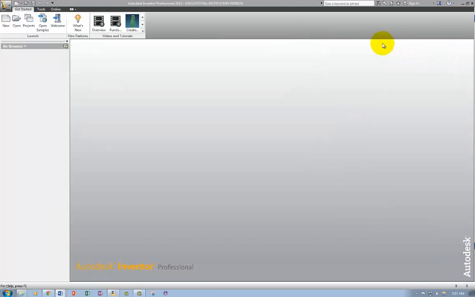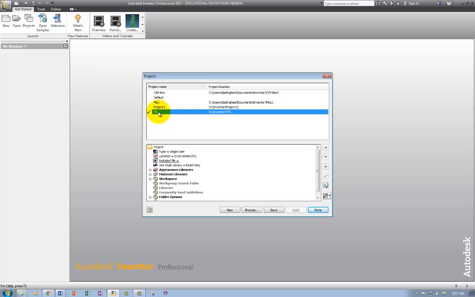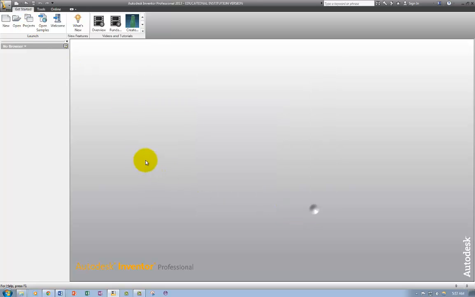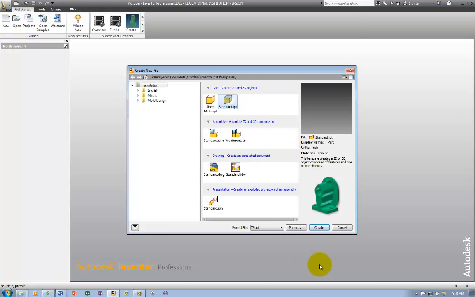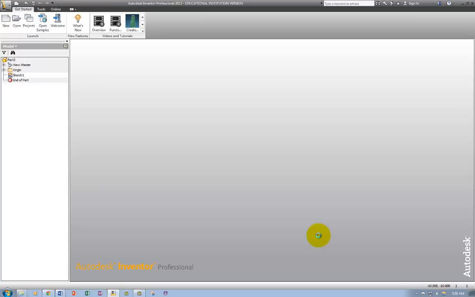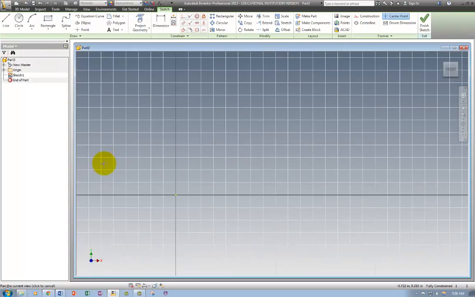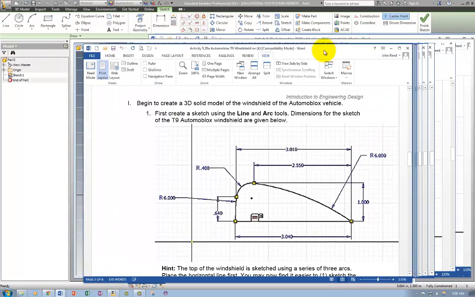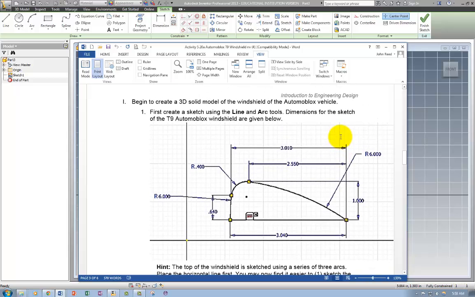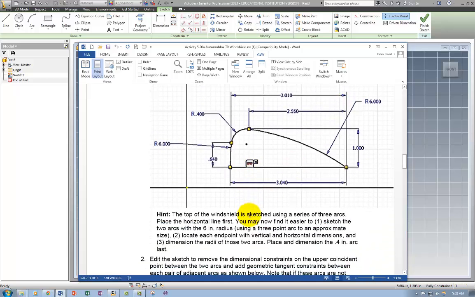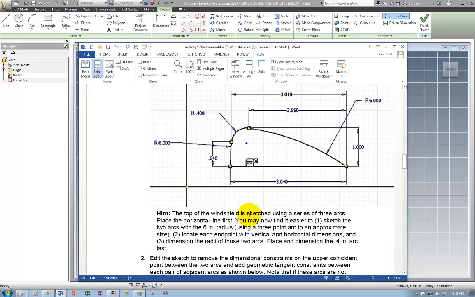right now. So the first thing I'm going to do is confirm that my project is set to the T9 project. It is, so I'm going to create a new standard part, standard meaning non-metric. And the first thing our instructions tell us to do is to